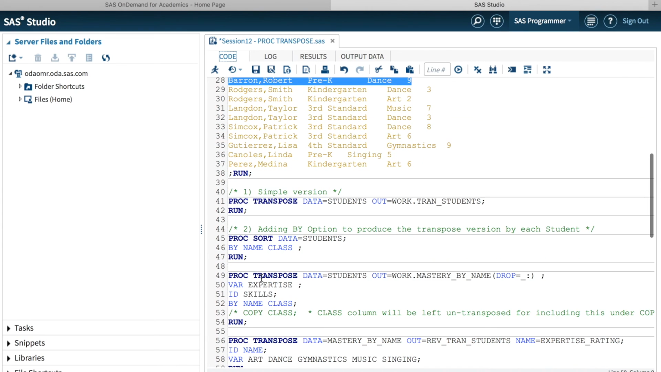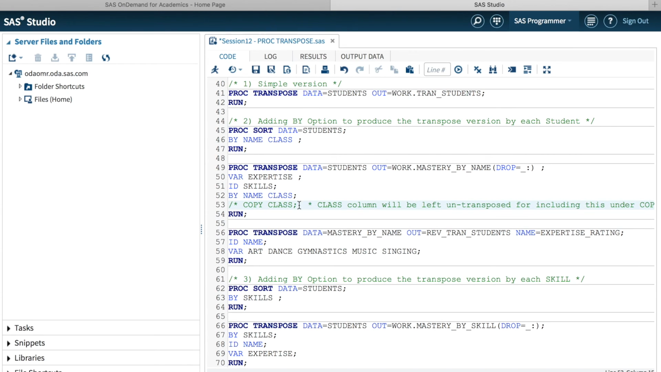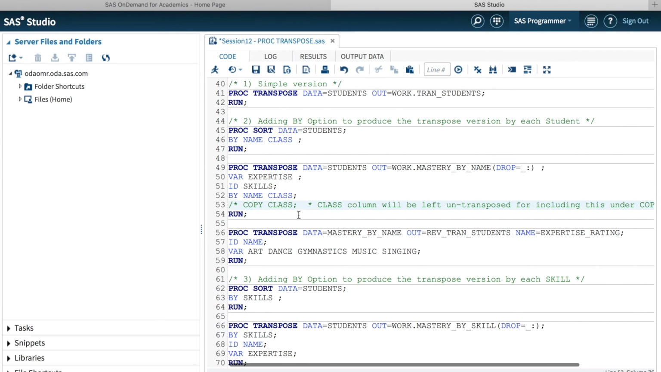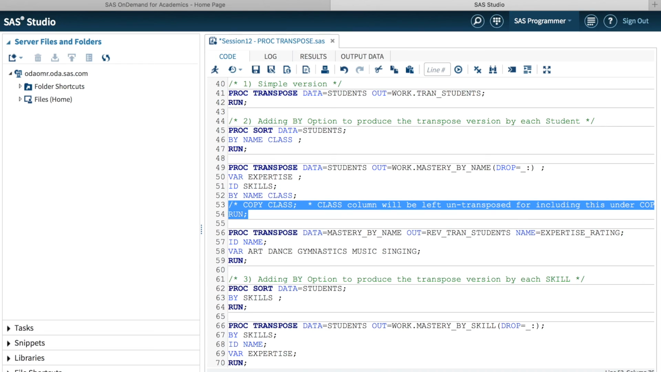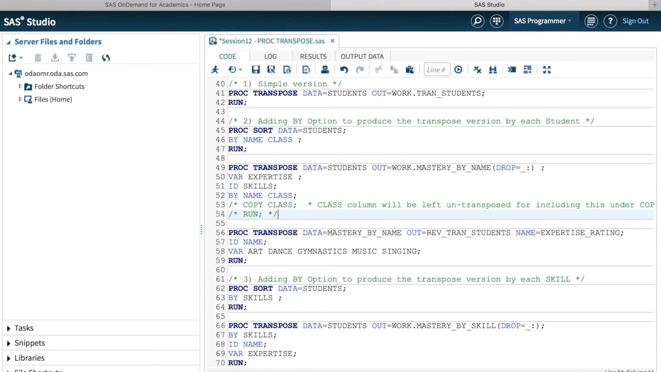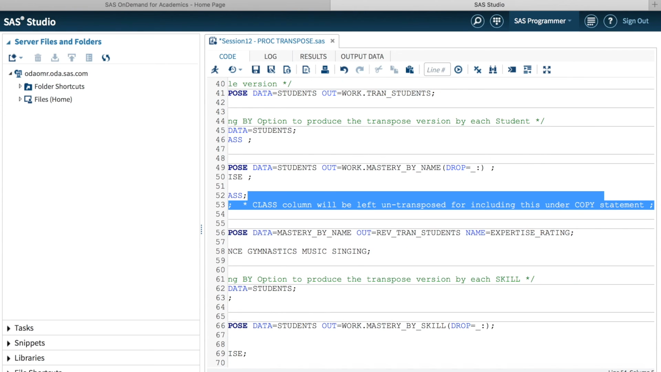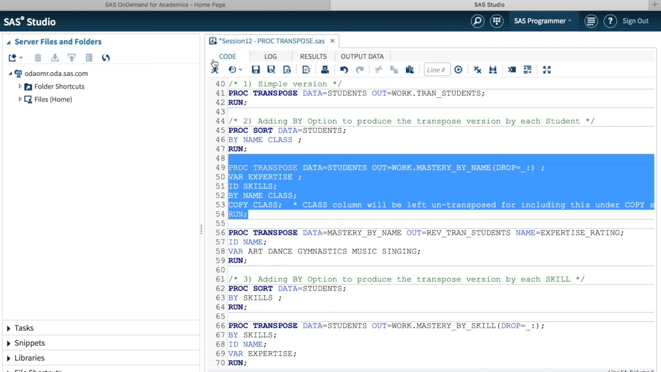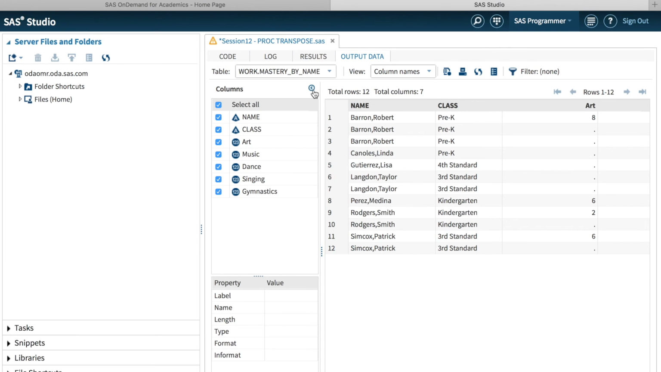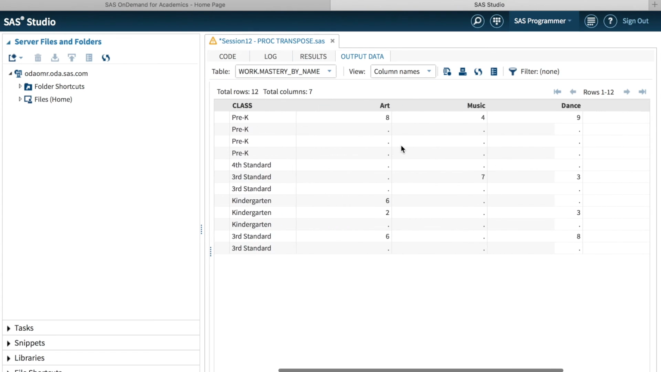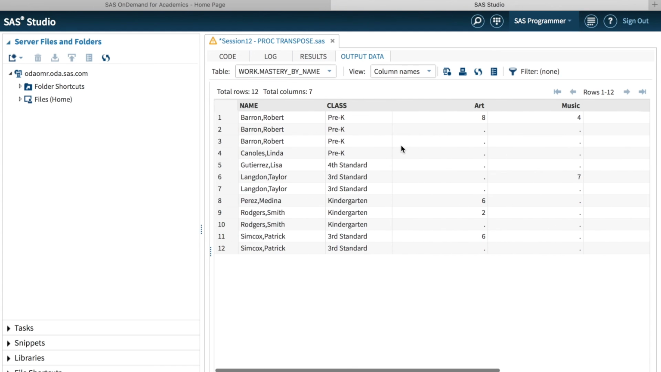Now what happens if we use a class statement? Okay, let us run this piece of code. Class is ignored from transpose. So we have class value populated for all the records. So all the records came, but the transpose is applied to only first combination, first unique combination, and rest three